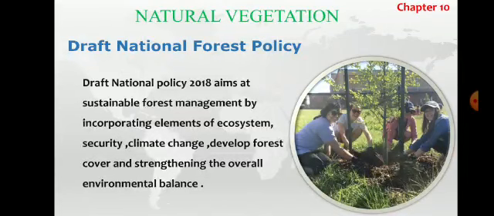Draft National Forest Policy 2018 aims at sustainable forest management by incorporating elements of ecosystem security, climate change, developing forest cover, and strengthening the overall economic balance. So here the government has made these policies to emphasize sustainable forest management in order to conserve and expand forest reserves and to meet the needs of the local people. Okay, so the objectives of this policy are: